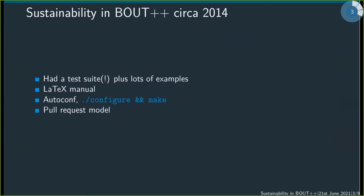So that's the software. I joined the team at about the end of 2014 as a computational physics research officer, which, as far as I'm aware, was globally unique. And I learned a bit about software engineering. I'd done a PhD and then postdoc, 1.5 postdocs by that point, and I joined BOUT++, and I thought, they're